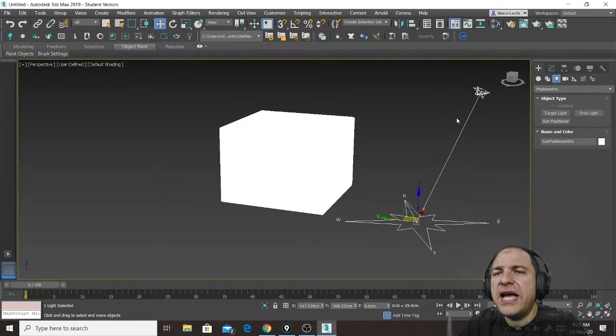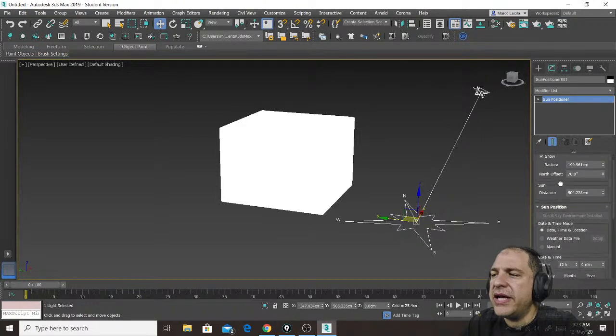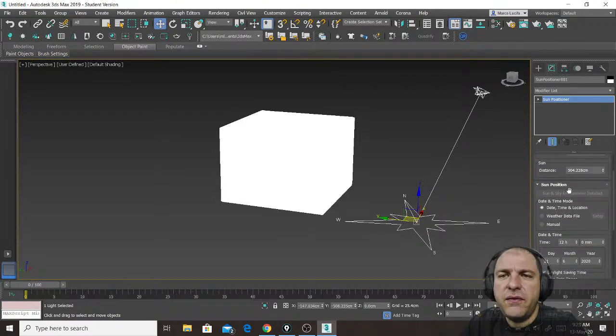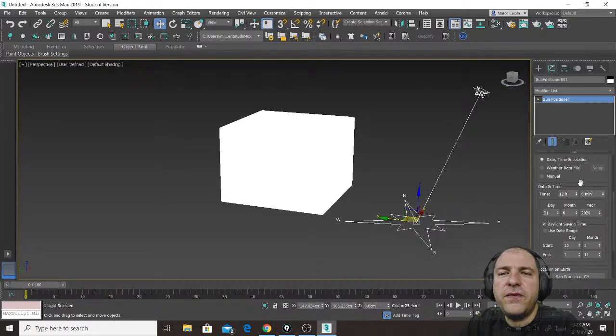Okay, what I have to do instead is this. I will simply have to go to the Modify tab with my sun positioner selected, and if I scroll down a little bit so I don't change any of these first group of parameters, the only interesting area of the sun positioner is this one, the one called date and time. And this is why, simply because exactly like sunlight works in real life,